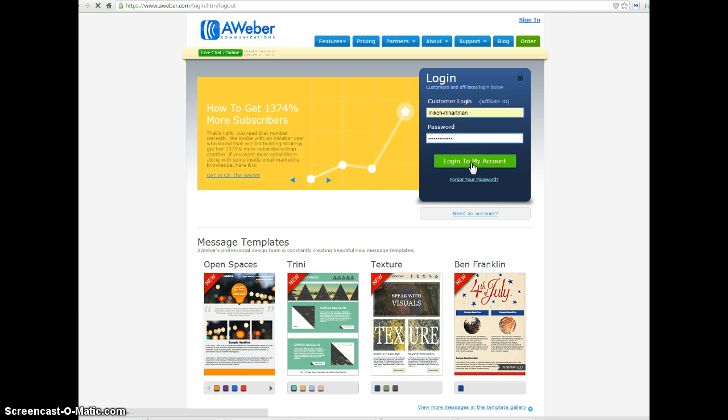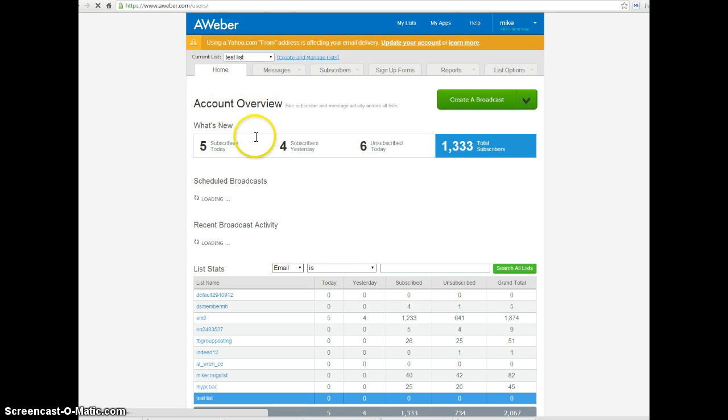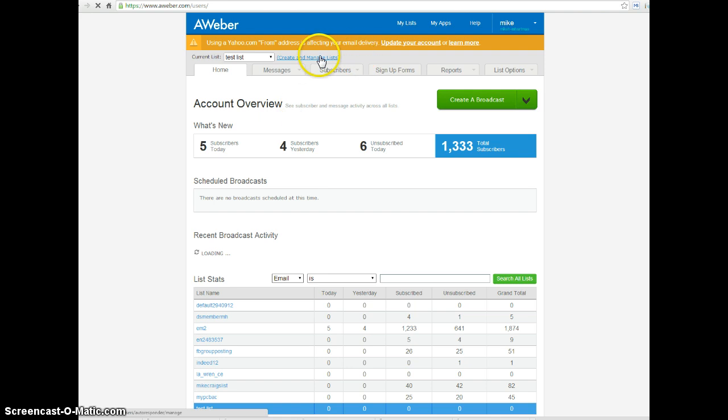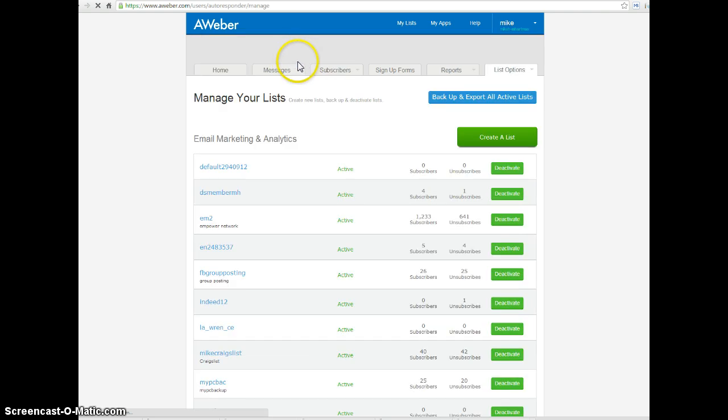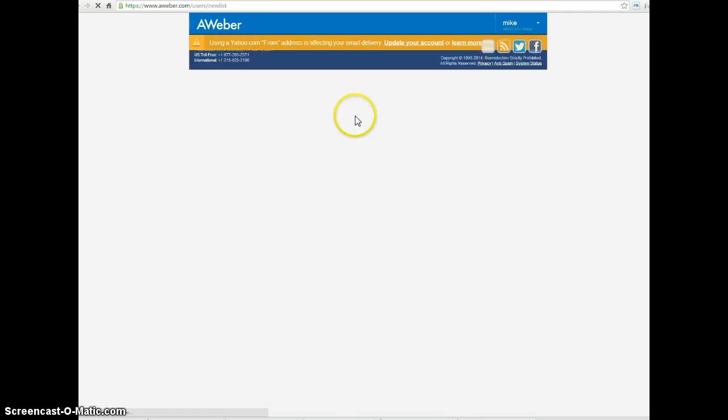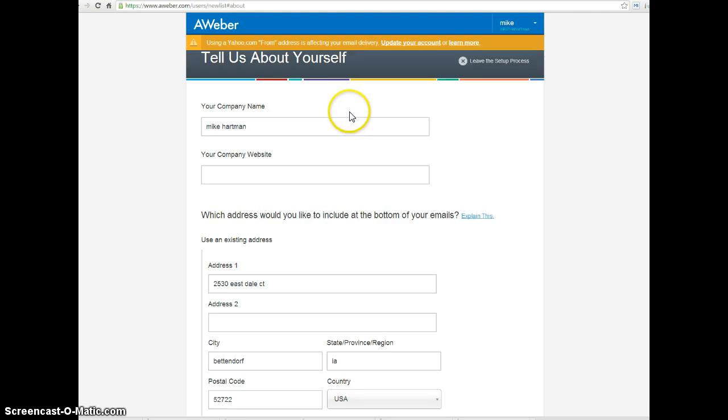And we'll log in. And then what I'm going to do, you won't have any of this stuff because you don't have anybody. But what you're basically going to want to do is create a list, and it'll take you to this screen when you first get started. Let's see. Okay, so it's going to go to create a list, and you're going to end up with this